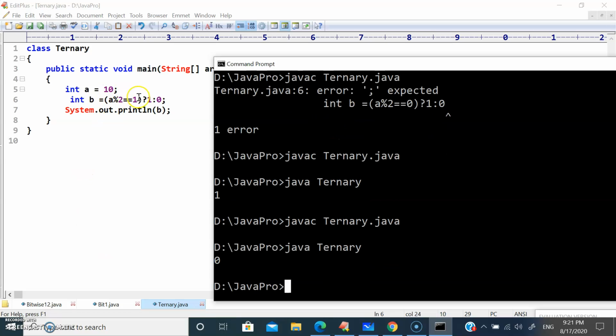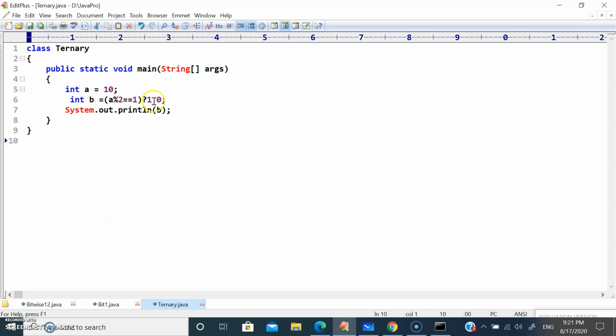See, here the condition is false, so it goes for value 2, which is 0. So b is printing 0 over here. So the ternary operator works in the format that if the condition is true, it goes for value 1, and if the condition is false, it goes for value 2.